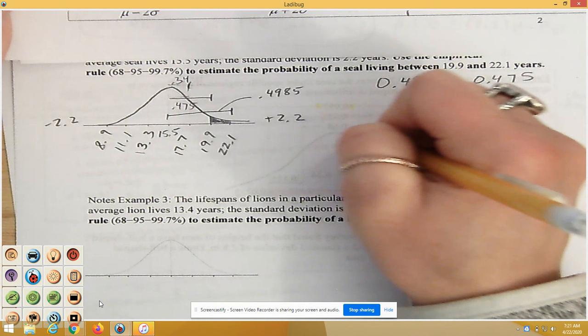Okay. Another way you can think of it, there's lots of ways you can kind of work that out. Another way you could do it is saying that the whole upper half is 50%, and you could subtract out the 0.475 and then subtract out that little tiny bit of the tail here, and you should get the same number doing that as well. So let me just show you that. So if I did 0.5 minus 0.475 minus 0.15,